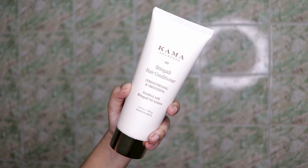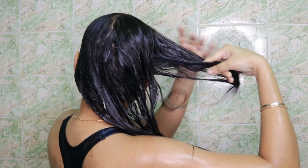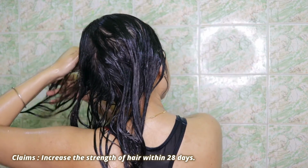It's gonna bring back that moisture and hydration into your hair. This is going to deal with the dryness that you have. What I really like about this conditioner is it's very gentle on my hair, and also this is an Ayurveda based formulation. It's gonna improve your hair texture, reduce frizz and flyaways, as well as restore the lost moisture